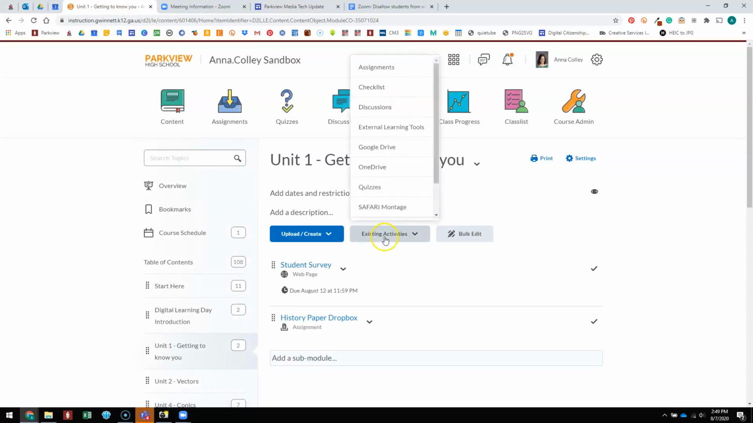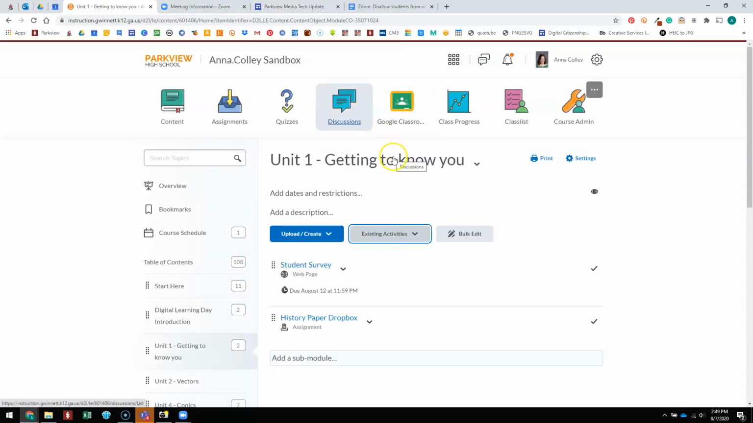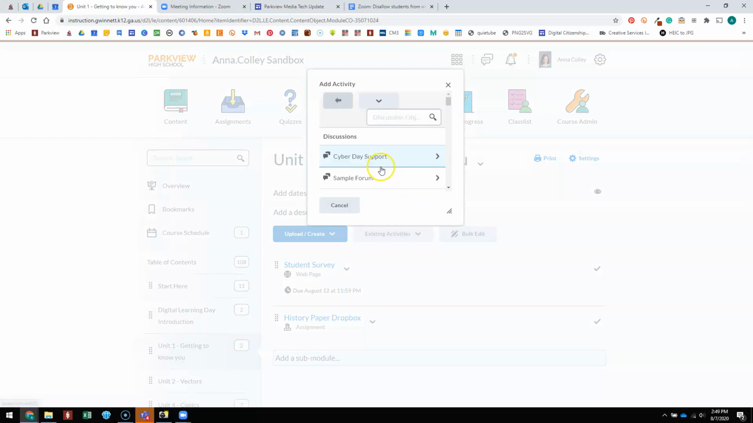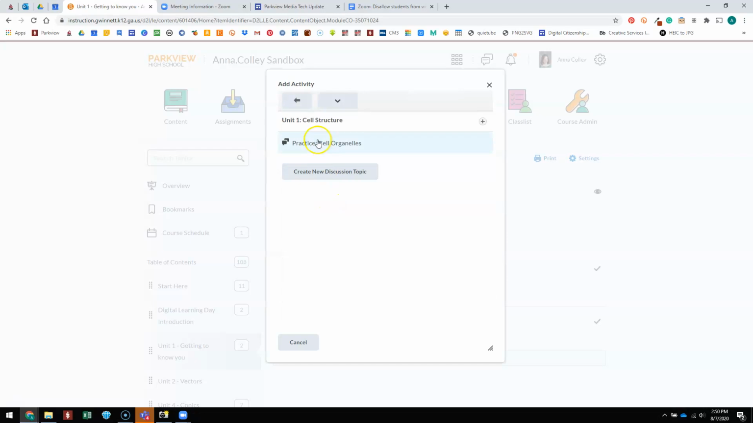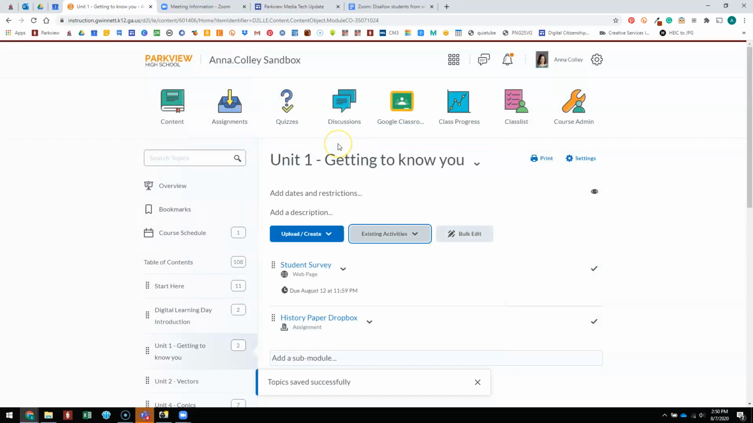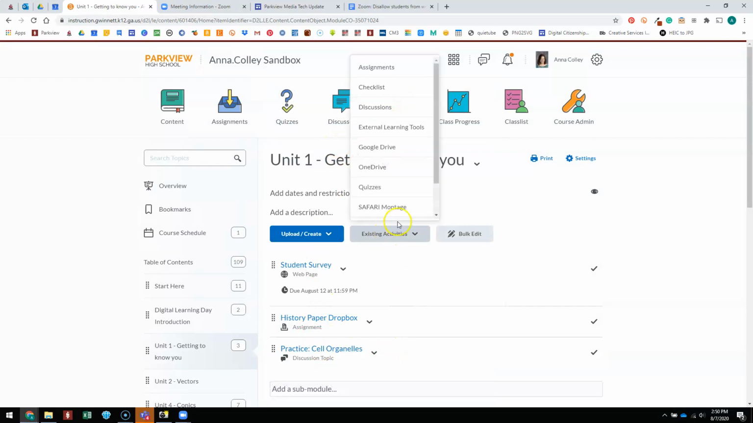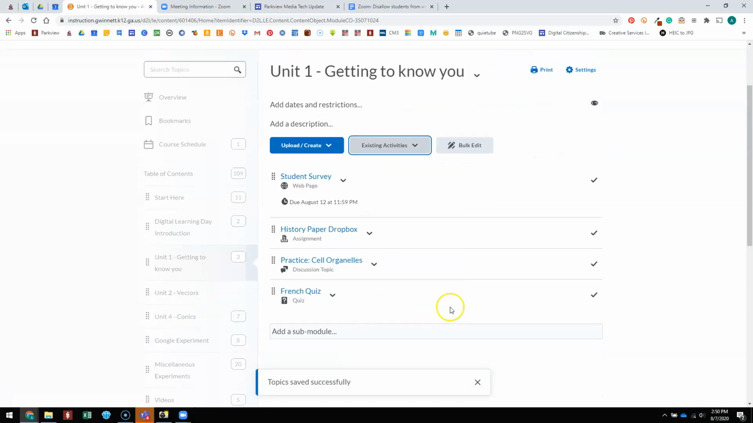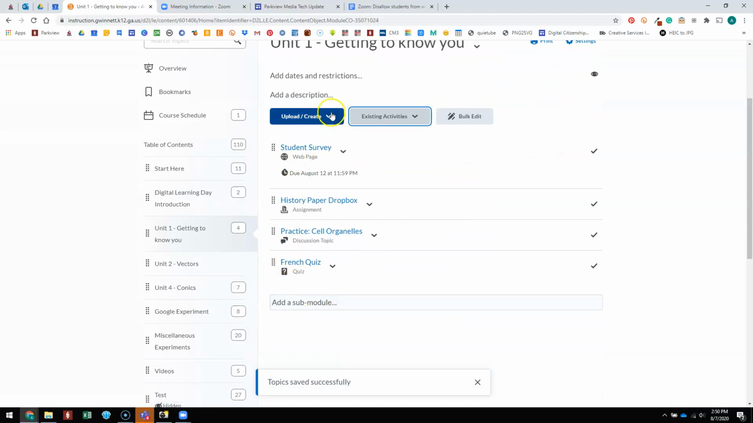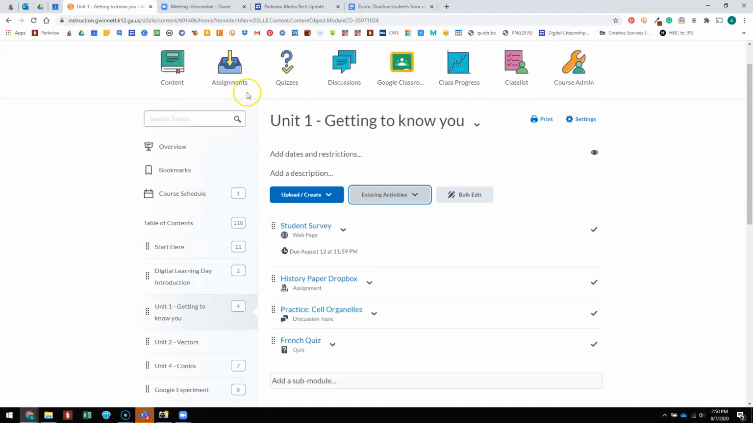So I can also do existing activities and add a discussion. I'll choose which discussion I want and which topic, and it adds it in line there. Existing activities, let's do a quiz. And it's added it there